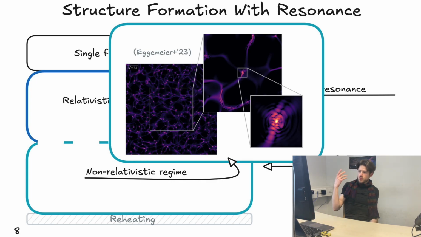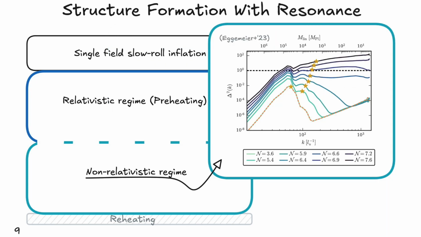I also brought you the power spectrum of the paper because here you can clearly see a resonance peak. So at some point in the resonance, the peak emerges, and the peak is still there in the non-relativistic regime. And as the power spectrum grows in the non-relativistic regime and perturbation grows, at some point the dimensionless power spectrum reaches 1, which we all know should be the point where structure